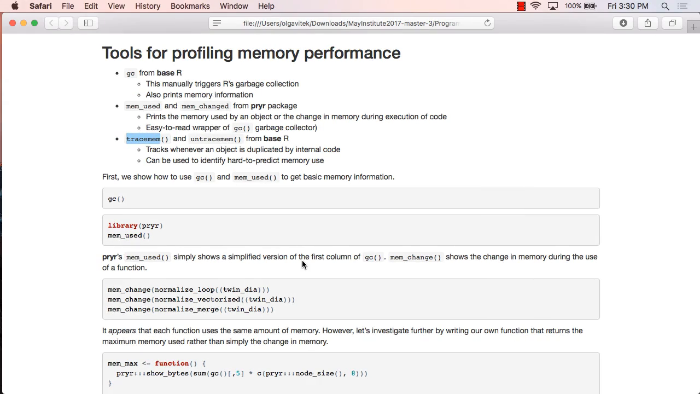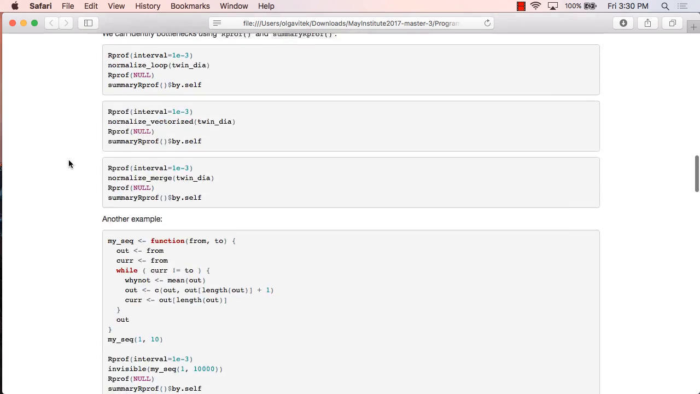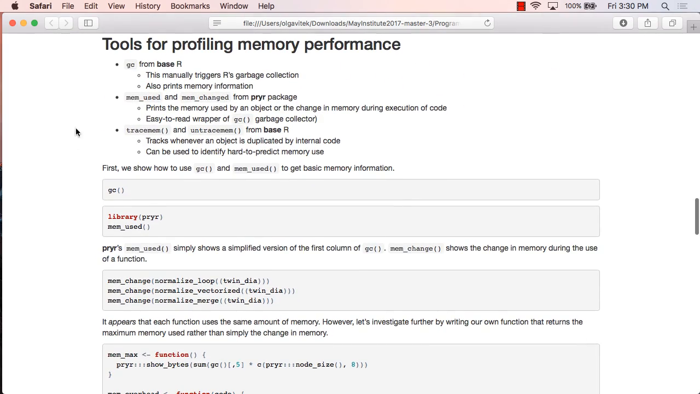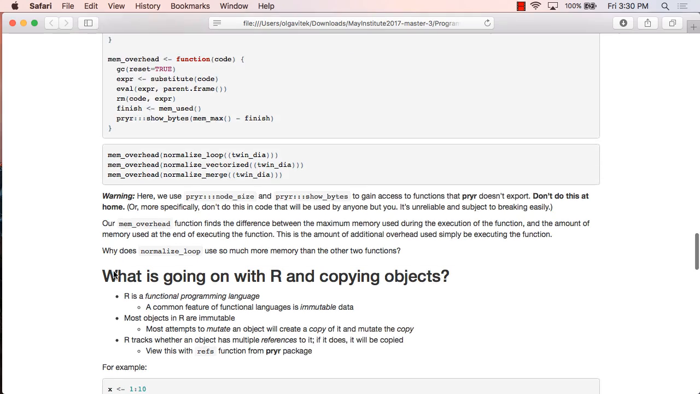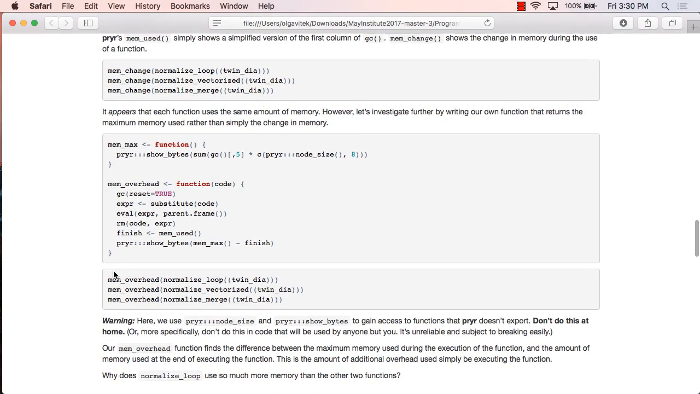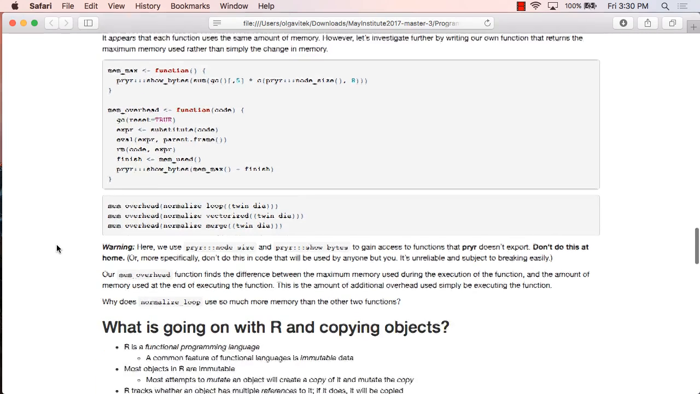Let's see. So any more questions about that, or when objects get copied in R? It's a complicated thing, understanding some of this. Any questions? Okay, so